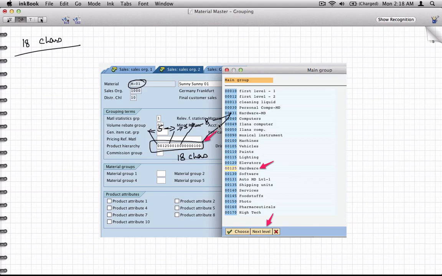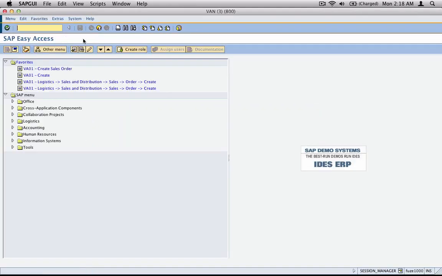Now this can be changed and customized to suit the requirements of the business. Sometimes companies want 4 levels, 5 levels of structure, so you don't need to stick with this 5-5-8. You can just say 5, 3, 3 and then 3. So what's that? 5 plus 3 plus 3 plus 3, 9, 10, 14, and then 4, total of 18. You can do that. How you do that is ABAP customization, which we don't need to worry about at this point. What you need to worry about is how